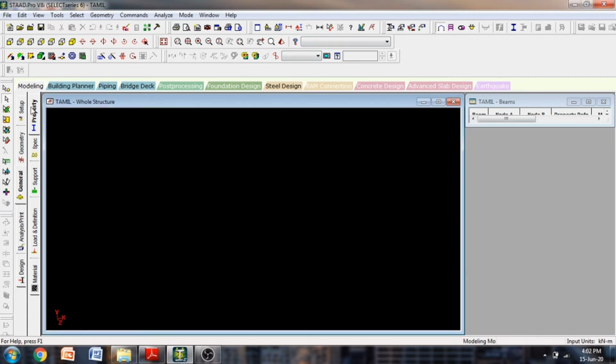Then what else? These are some modeling. This is the first modeling tab. So you have to model a building. Then step by step you have to give the cross section properties of such members. Then you have to go for the supports. Then after finishing everything, you will just analyze and then go for the post processing. If you are doing steel design or concrete design, you will go according to this order.